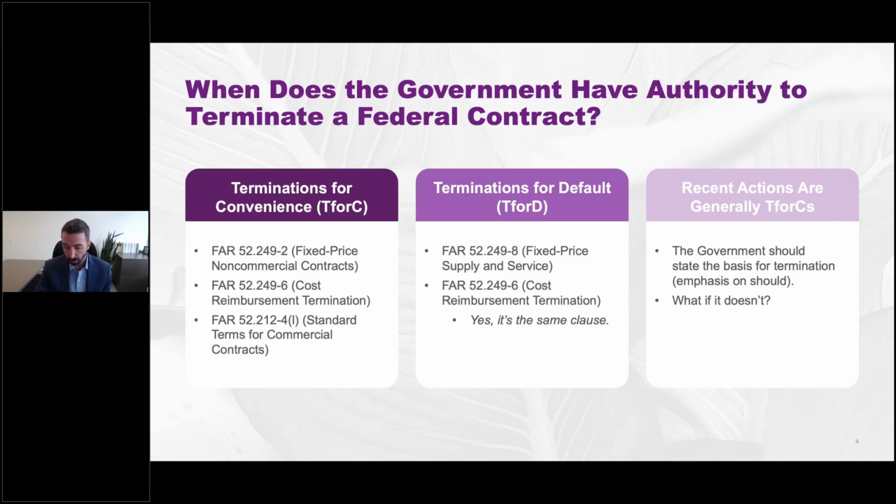In that situation, you're going to want to think about how you communicate with your contracting officer to address the issue. Maybe it's a simple message: hey, we understand this is a termination for convenience. There might be situations where you want to ask what the basis for it was. But you're going to want to think about this before you get into the next steps of what to do after a termination, whether it's for convenience or default. So that's a real fork in the road early in the process.